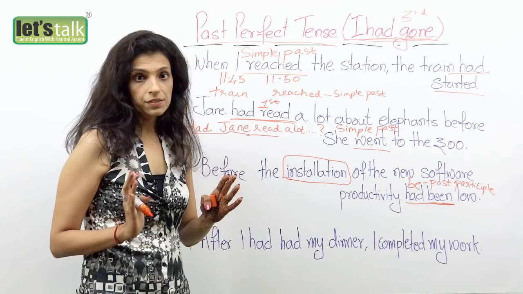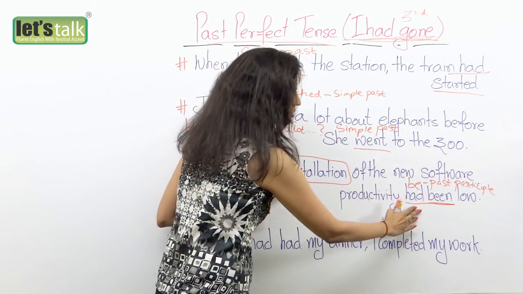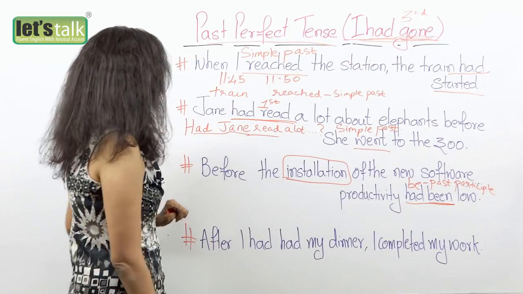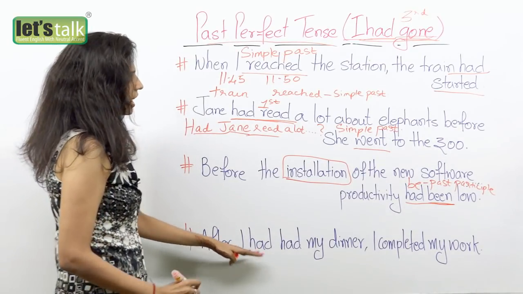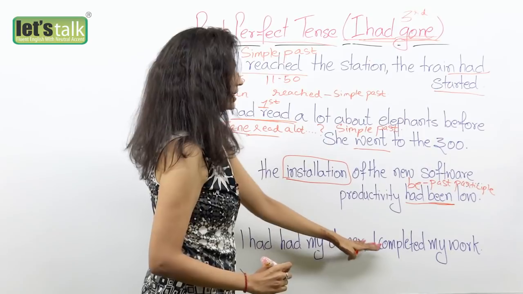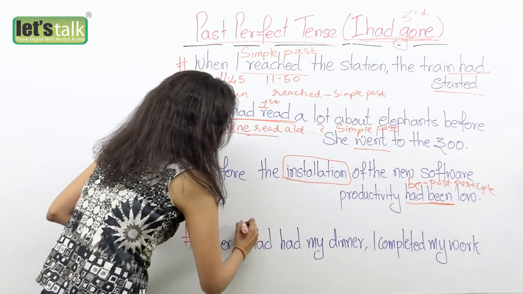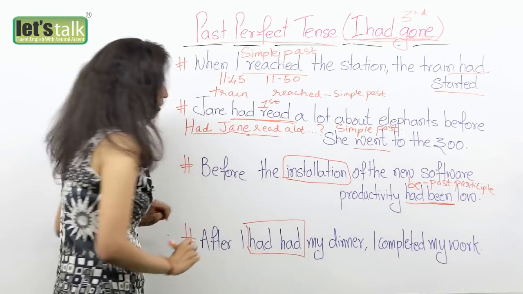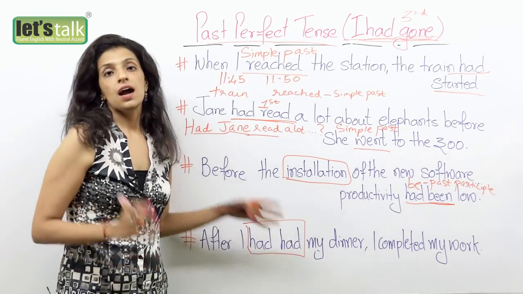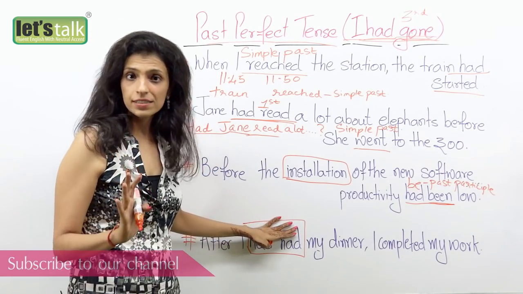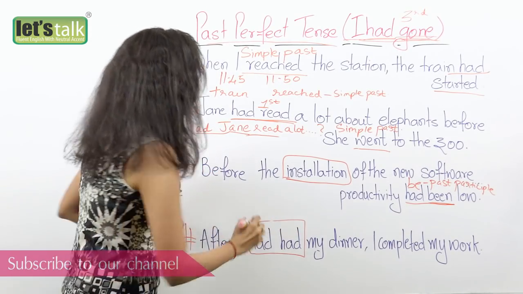So don't get confused. Here we are denoting this happened first and then there was an installation that took place. In my next sentence, after I had my dinner, I completed my work. Now, first of all, a lot of people get confused. How can had and had come together? Well, it can. It's very simple. Supposing I say,